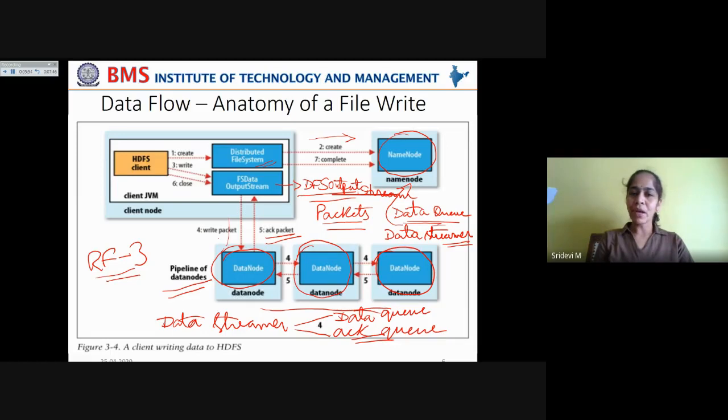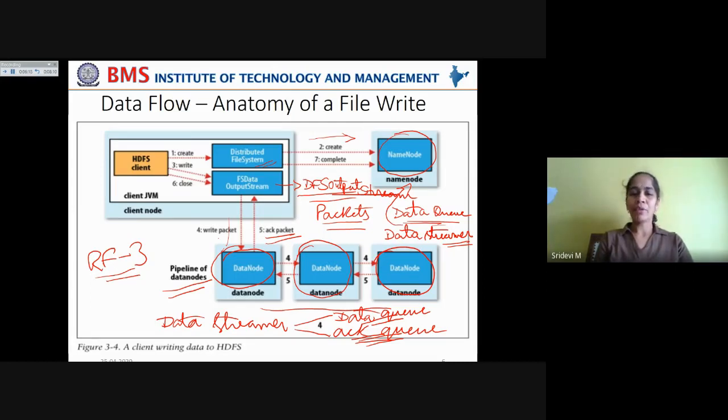This is to ensure that no data packets are lost in case of system failure. That is why the data streamer maintains two copies of data packets. One is in the data queue that are written to the data node, and one is in the acknowledgement queue, which will retain the data packets until it gets an acknowledgement from the data nodes that the data packets are